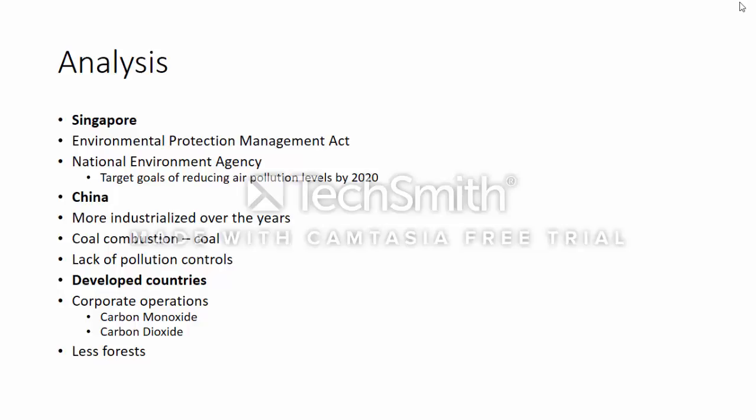Each country has its own rules and regulations and governing bodies to monitor air pollution levels. The United States, for example, has the Environmental Protection Agency, but the entire world has the World Health Organization,